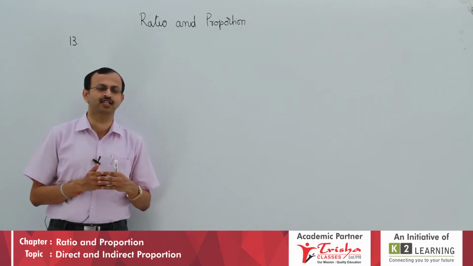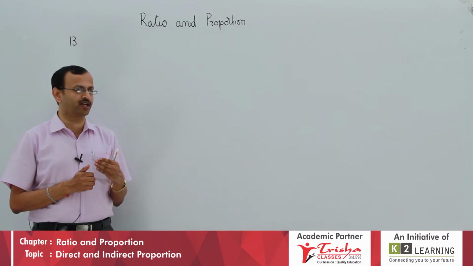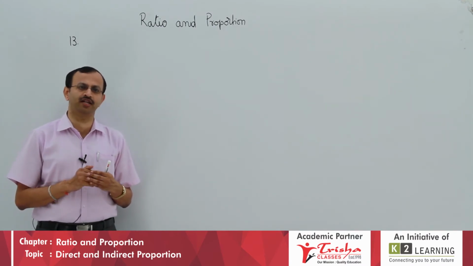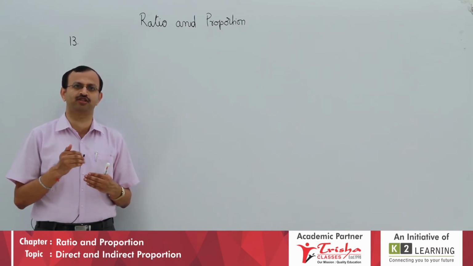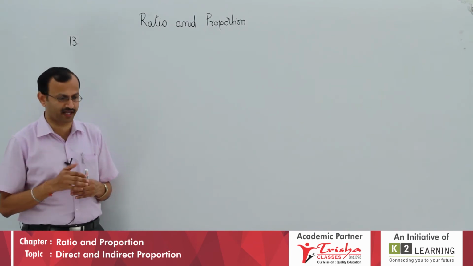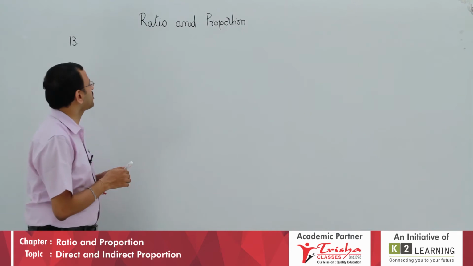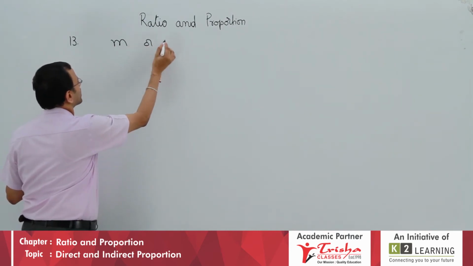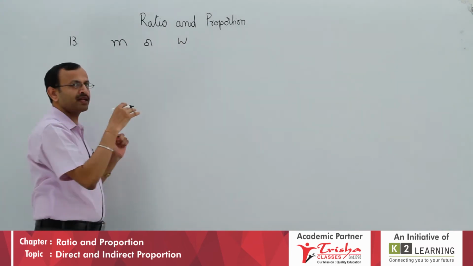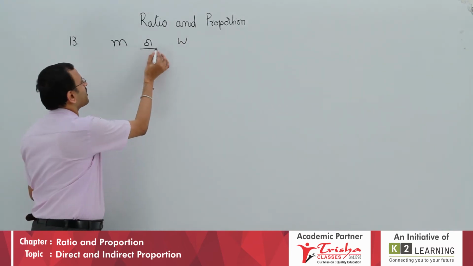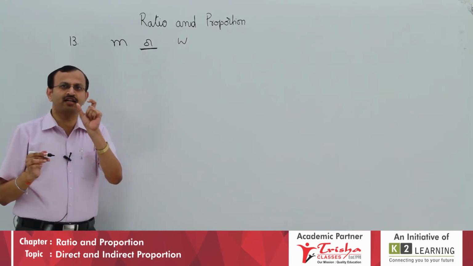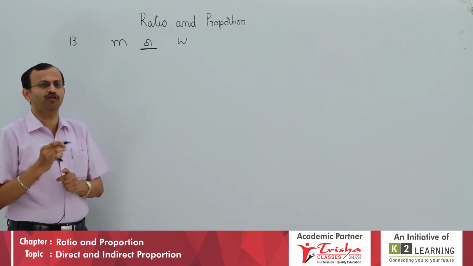It goes like this. 4 men or 12 women can do a job in 5 days, working 8 hours per day. In how many days can 2 men and 4 women do the same job, working 10 hours a day? Students, first you have to note that the first line says men or women, whereas the next line says men and women. So the first part is 'or', whereas the second line it is given as 'and'. This is where the major difference in this question is. How do you go about it?